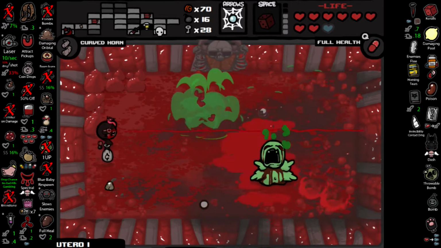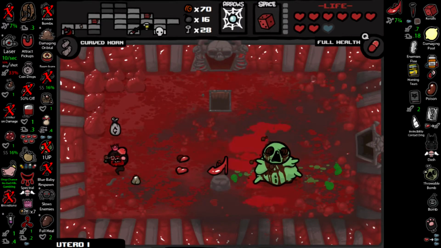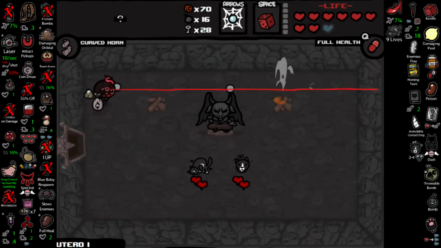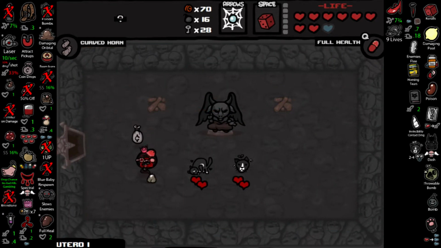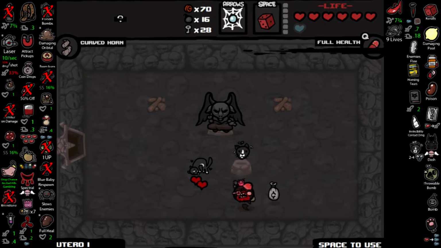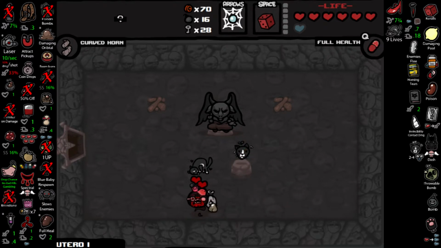Alright, so this is bad. Oh, okay, that was actually good. I'm not gonna reroll that just yet. I was a third of the way to Guppy, right? Oh, fuck, I don't want to take Dead Cat. I really don't want to take Dead Cat. But I don't have Guppy's tail, so...